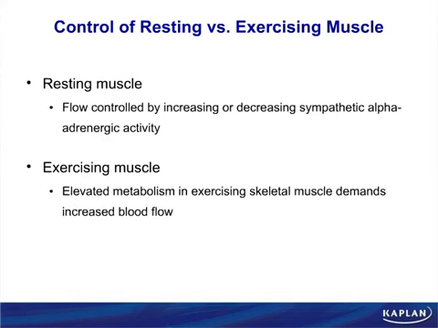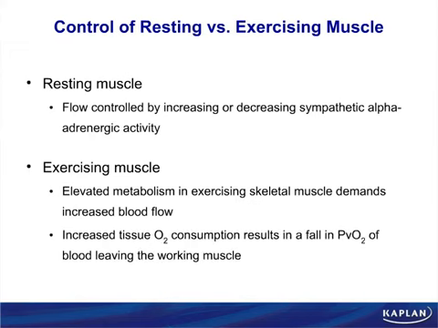So when skeletal muscle is exercising or working, there's a big increase in O2 consumption, which of course, think Fick, is going to cause a fall in venous oxygen. The blood leaving that working muscle is going to have a low venous oxygen because we're going to